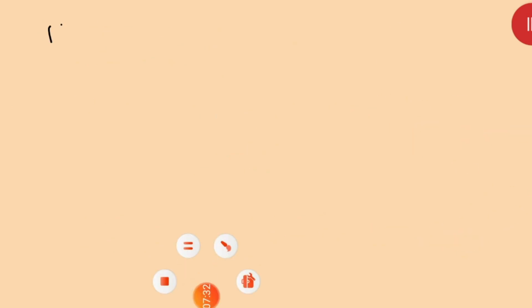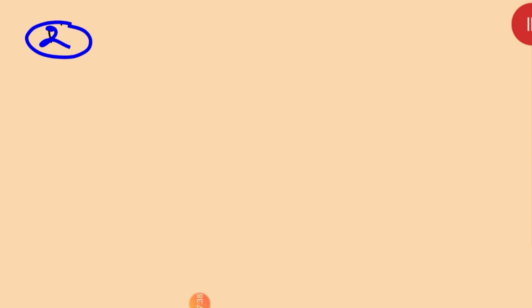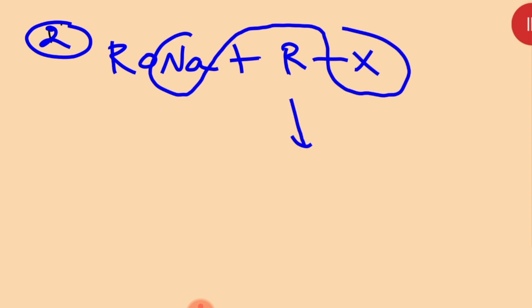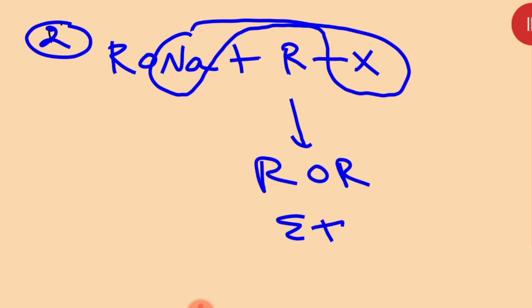Student, after that now we are going to do the next reaction, that is the Williamson synthesis reaction. One general reaction we have already done in haloalkanes and haloarenes. I think you all know it very well. We have already done it, like this: RONa plus RX. Might be you remember that thing. NaX was removed from there, and what are we getting over there? Ether.